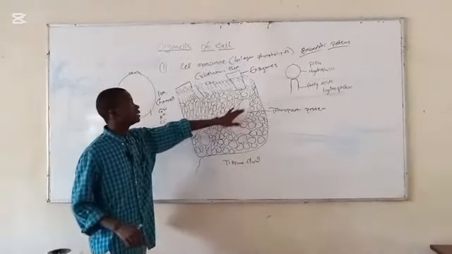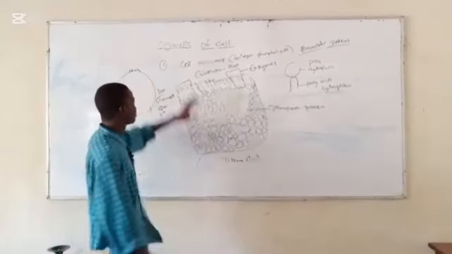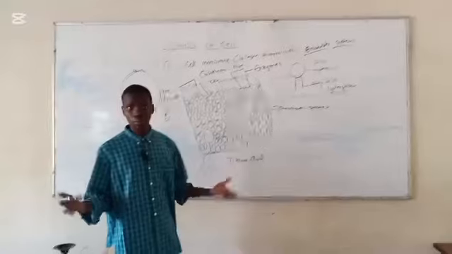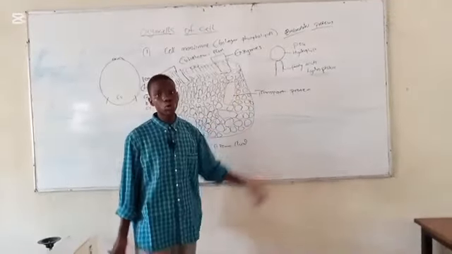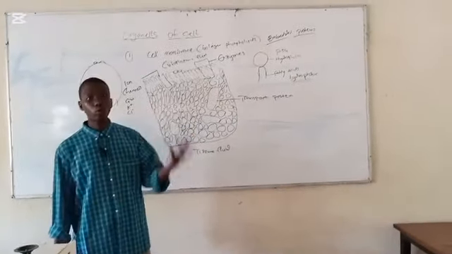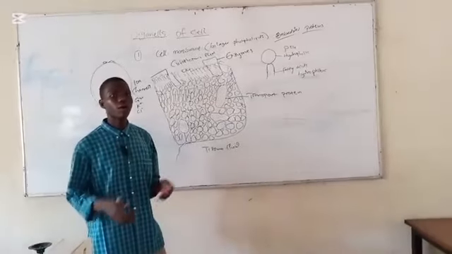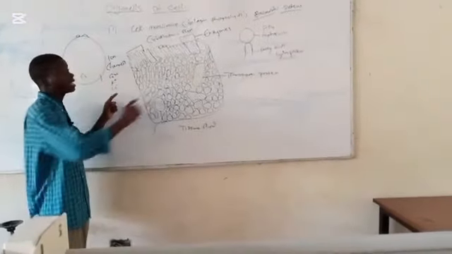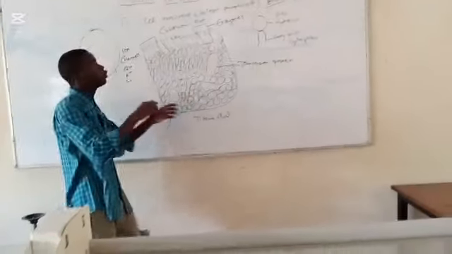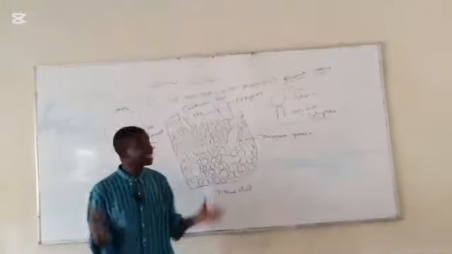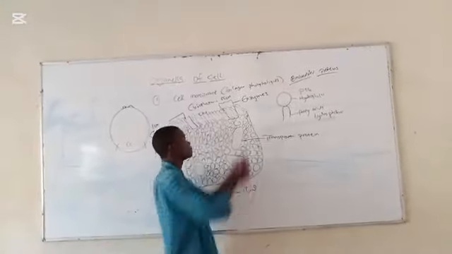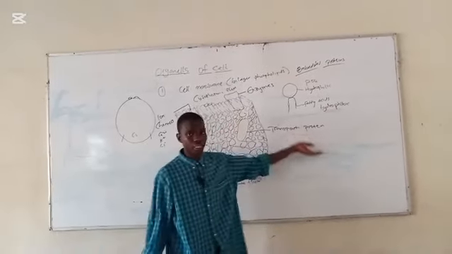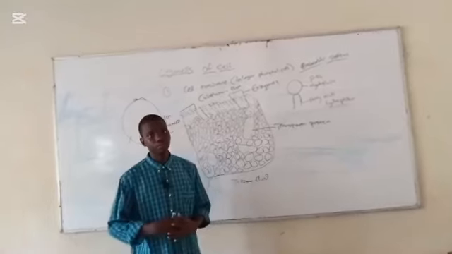Now, the reason why this transport protein is different from this is because a transport protein carries larger molecules. For example, glucose, C6H12O6, that is about 24 atoms big. You cannot compare it to the part that is about 24 times bigger than this. So it will require a separate or bigger medium in which it can be transported into the cell. And that is where the role of the transport protein comes into play.